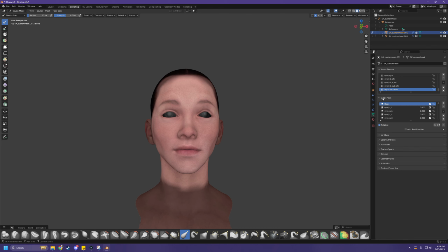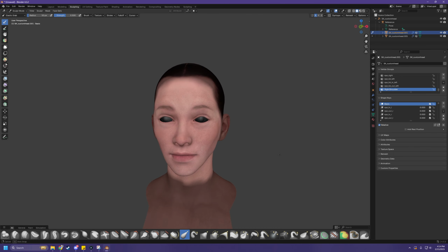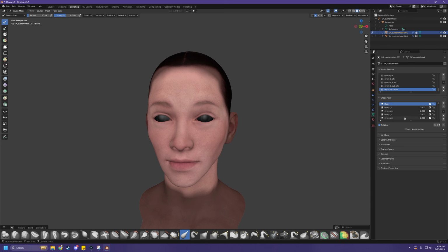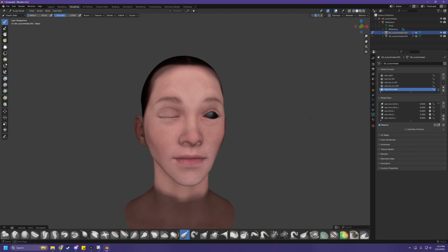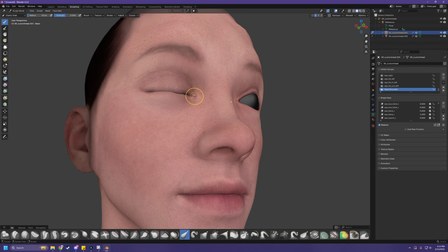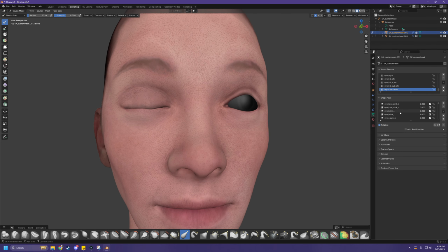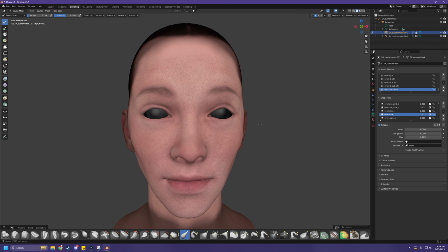Blend shapes, shape keys is what they're called in Blender. And yeah, they show up right here. You can still test them as you go. You want to always make sure you're editing on the base layer. But this lets you test the face animations live while you're making your changes. For example, if you move the eye too much, the blink won't make everything line up. And if you click these open and then just select it, you can edit the blend shape itself to make sure your animation looks perfect. It's a lot of work to just kind of go through, but